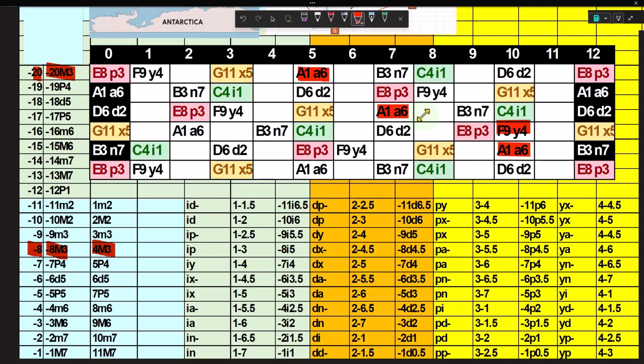But the major thirds are different, right? This one's a 4 note away major third. This is a negative 8 note away major third. This is a negative 20 note away major third. Okay, so then we're going to say, let's go back